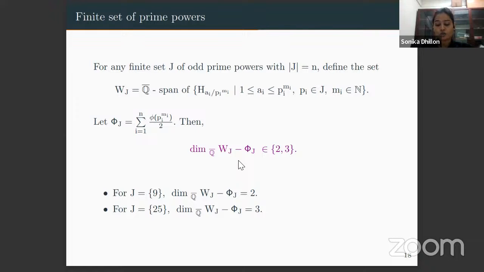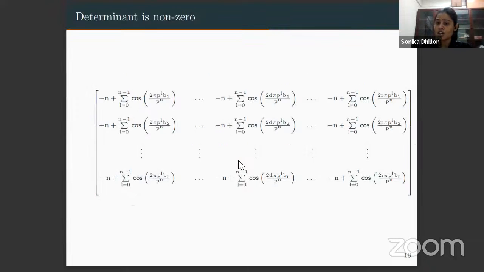Here also we consider that their linear combination is equal to 0 with some constants, say ci's. If the combination equals 0, then, like in a vector space, we get a matrix equation. To show that these are linearly independent, we need to show that the determinant of that matrix is non-zero. Here also we get a matrix of this particular form, and we have to show its determinant is non-zero. And since we know that these elements form a basis for the maximal real cyclotomic field,